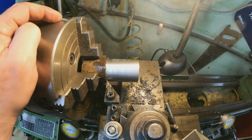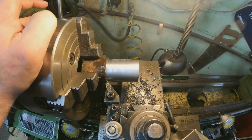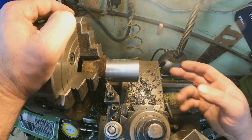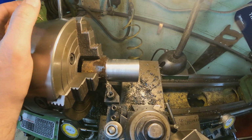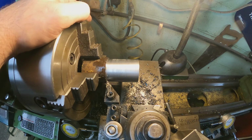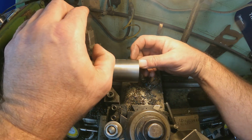cutters. I could not figure out what the chatter is. I ended up having to take lighter cuts. I even changed inserts. And I have this problem with this lathe sometimes whenever I don't have a center in the back of it. So I don't know if maybe my chuck needs readjusted, or maybe the bearings are going bad in here and I'm getting more play, but it doesn't seem like it every time I check it. But anyway, with that said, guys, let's just start getting this turned into the